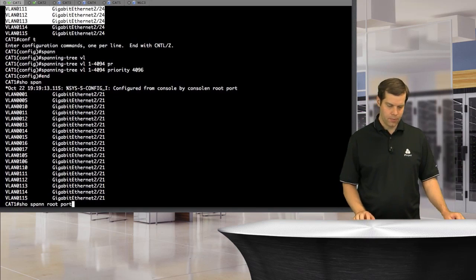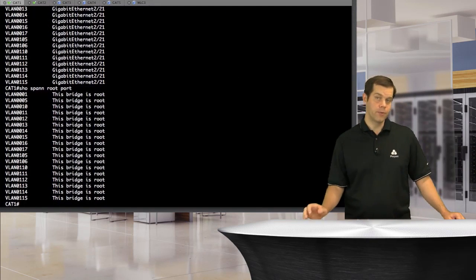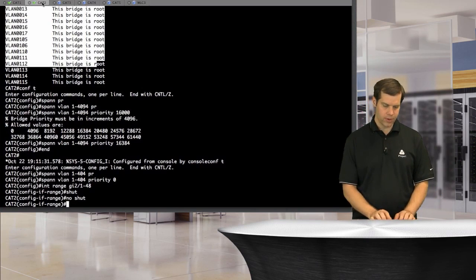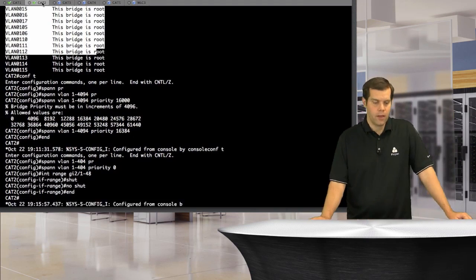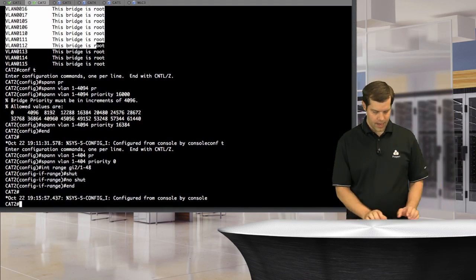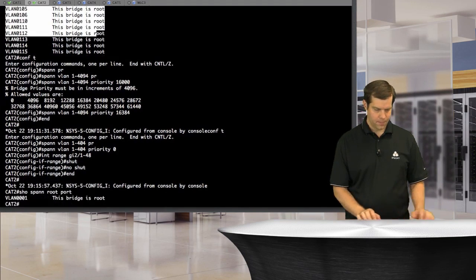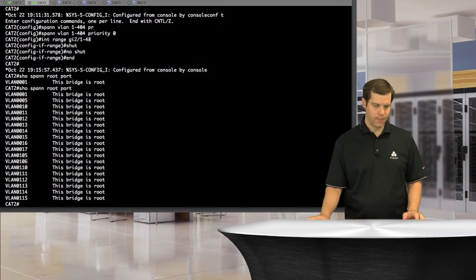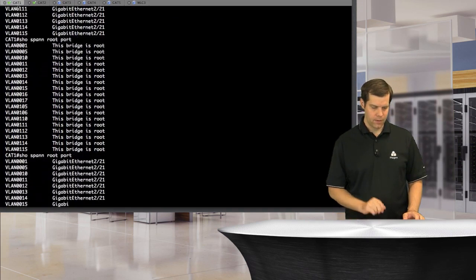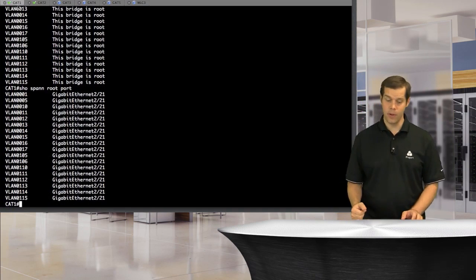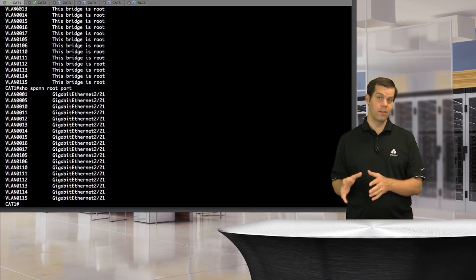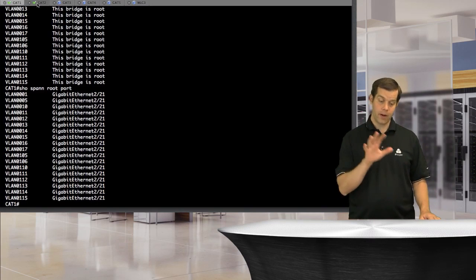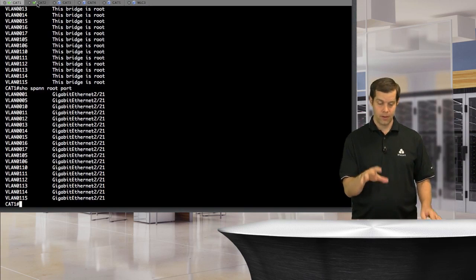what'll happen is that pretty quickly, switch 1 becomes the root switch. But when I take it back, no shut it, bring it back into service, just give it a short little bit of time here. Show spanning tree root port. There we go. It's the root. Switch 1 is not the root, and that's the behavior that we want when we talk about roots and backup roots. And always verify. Either verify the functionality like I just did, make sure that, okay, if I take switch 2 out, the other switch takes over as root,